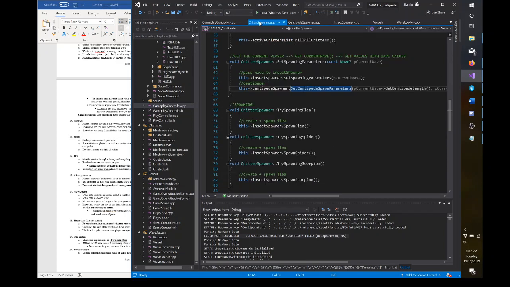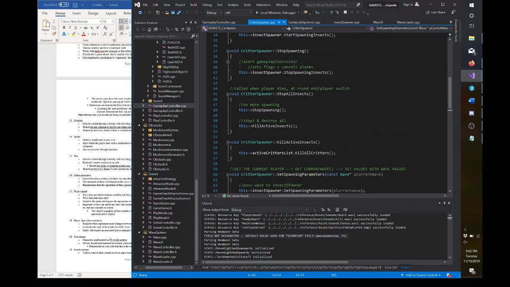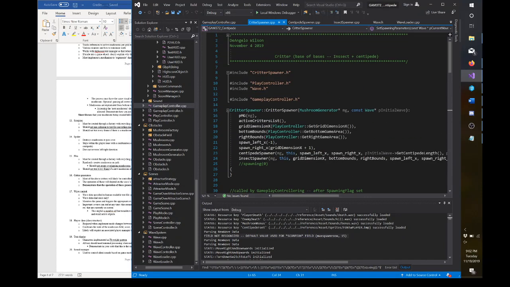And so, as I was saying before, the critter spawner is what interacts with the gameplay controller. The critter spawner controls the actual spawning, whether or not it should occur, and it maintains an active list of critters which are registered on initialization. Each, either insect or centipede, in its base class initializer,